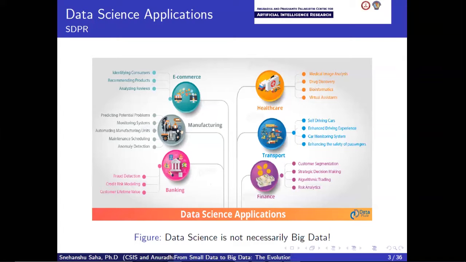And then, since you tend to do a lot of online transactions, there are fraudsters and hackers who try to steal your data. So a lot of anomalous behavior needs to be detected, all right? Generally, these are all data science applications which form the core of either small data pattern recognition or big data pattern recognition, okay? All right, the difference is in the scale.